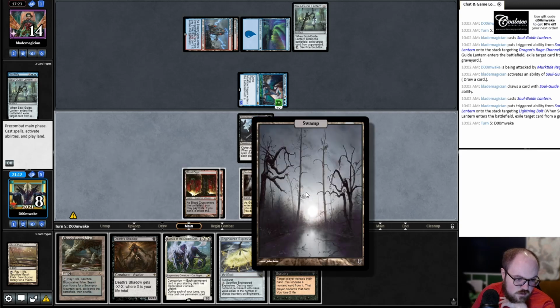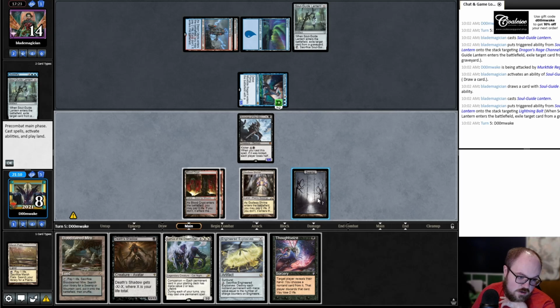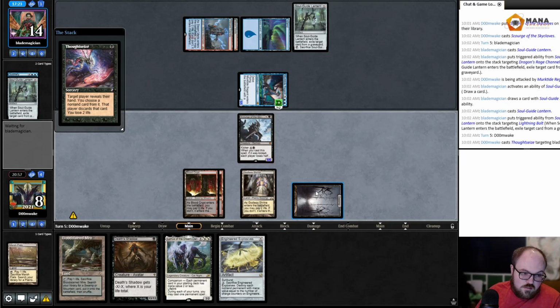I guess if their last card is Lightning Bolt, Thoughtseize does play around that. And then I would have 2 lethal threats, right? So I go to 6 and they have a 5/5. I mean, they've kind of played this game like their last card is Lightning Bolt, so...